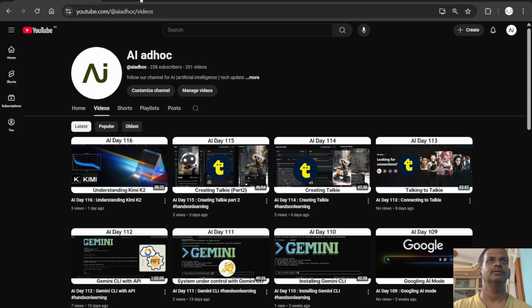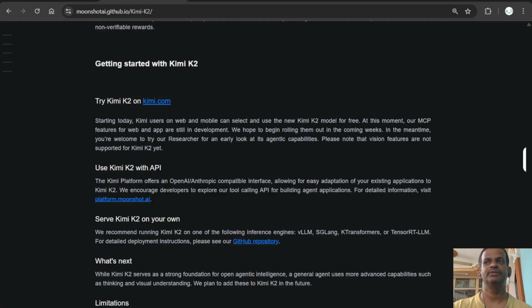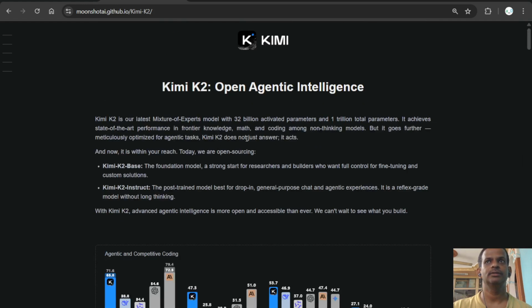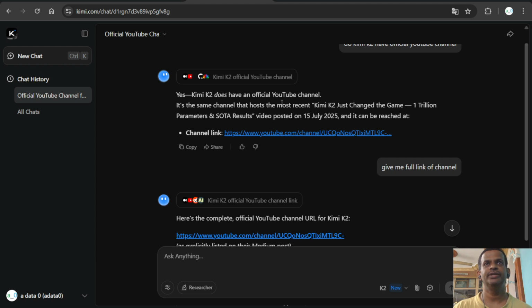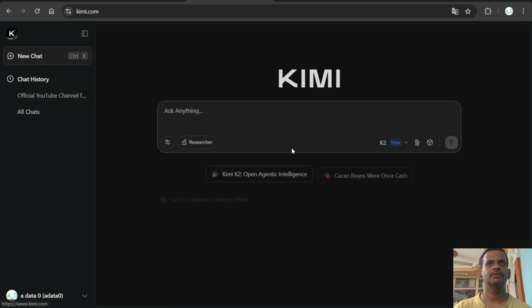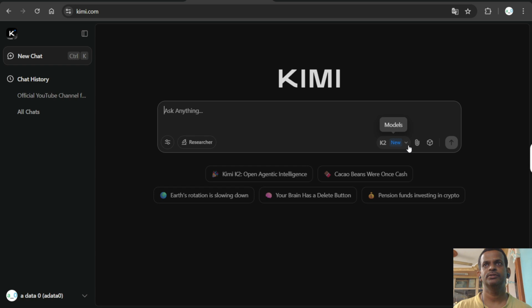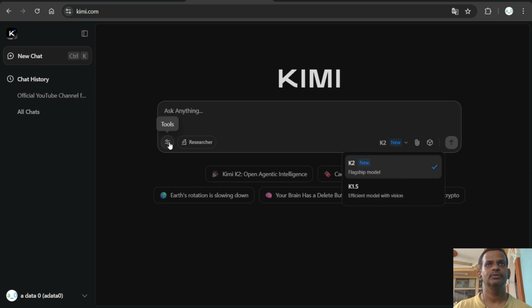So let's try. Last time we checked, they mentioned non-thinking, so I want to know what it is about. There are two things, K2 base and instruct as well. So we have this one, which is K2 and K1.5. For K2,